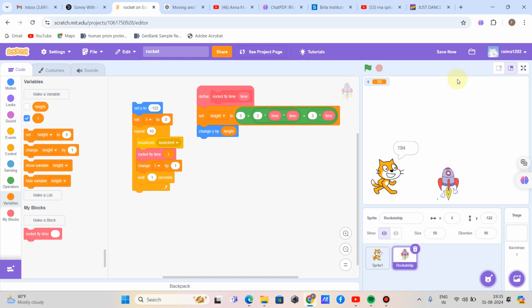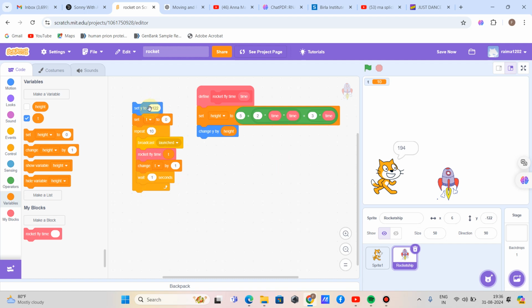So for that reason, I made another variable, height, which stores the height every second, so that I can make the cat say the height reached, not the y coordinate of the rocket. And the change y by height block tells the rocket to move up.